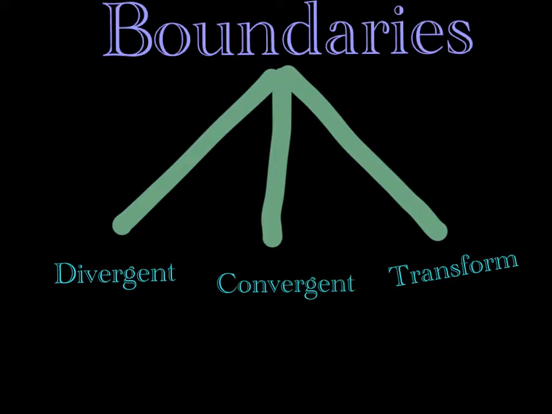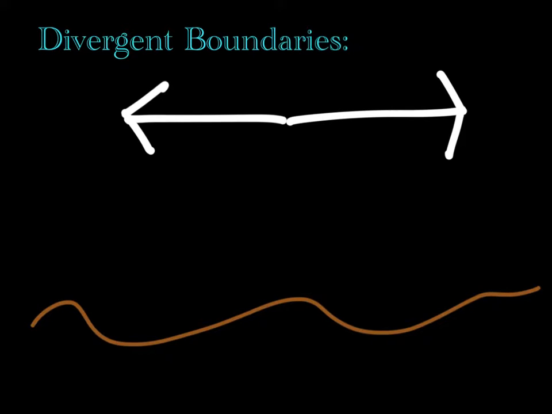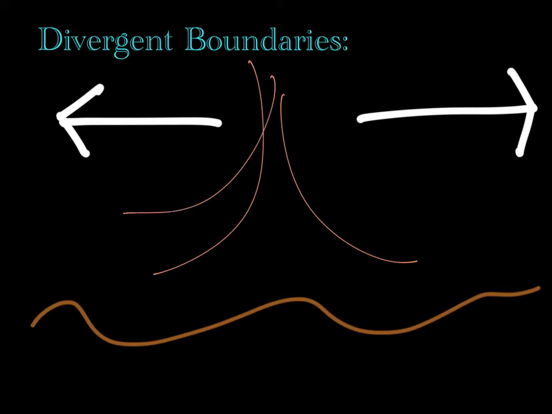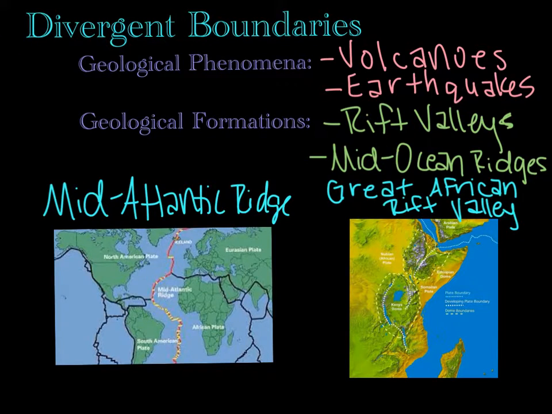of boundaries. Divergent boundaries are boundaries that move away from each other. When these boundaries move away from each other, magma fills the space between them. These boundaries create geological phenomena like volcanoes and earthquakes, as well as normal faults. Rift valleys and mid-ocean ridges are also made at divergent boundaries, like the Mid-Atlantic Ridge and the Great African Rift